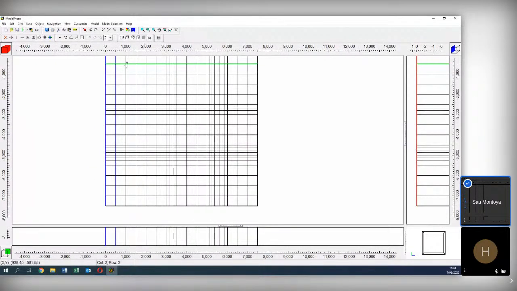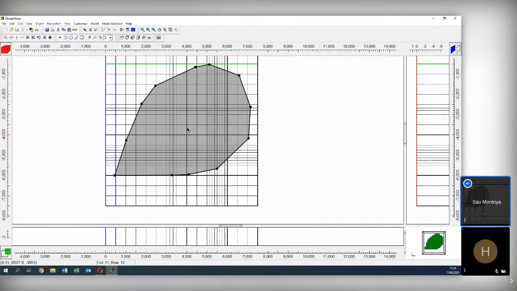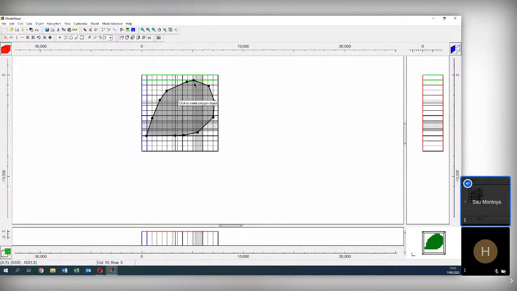For example, I have a basin like this. And if I use this grid for this basin, all of this part and all of this part will be inactive.